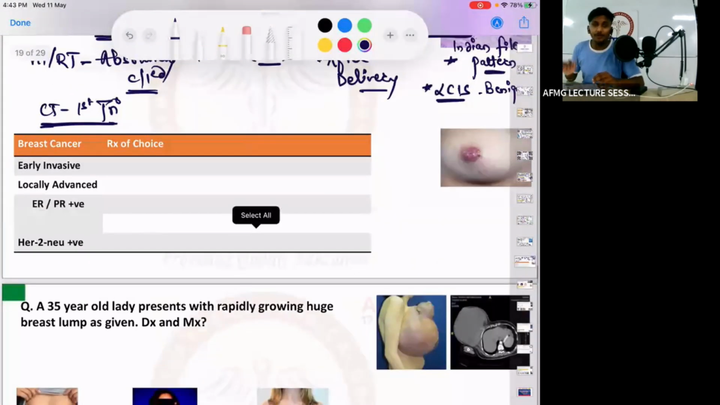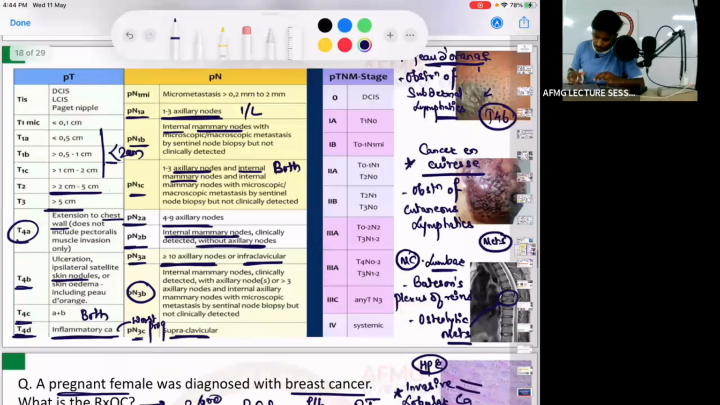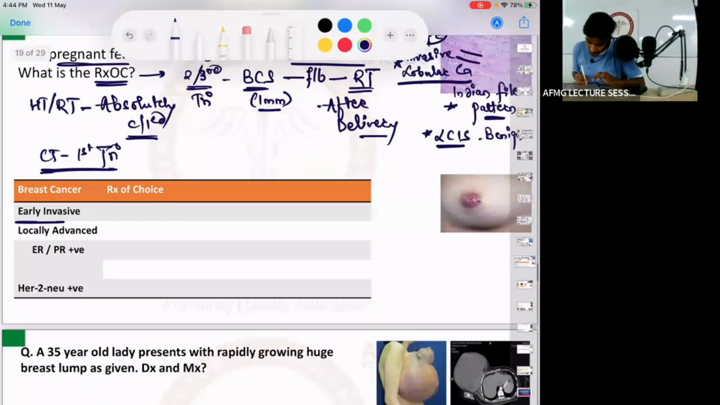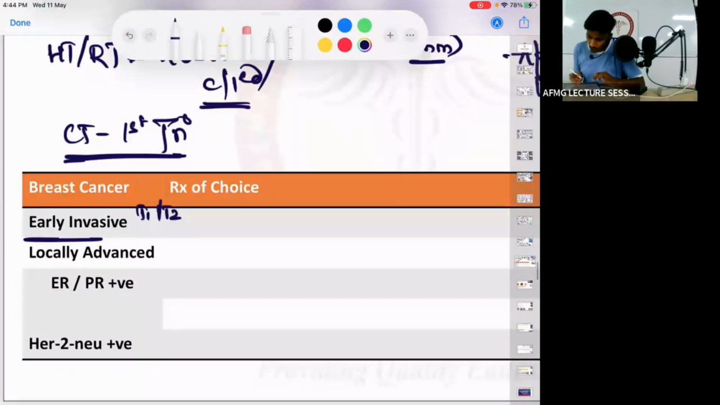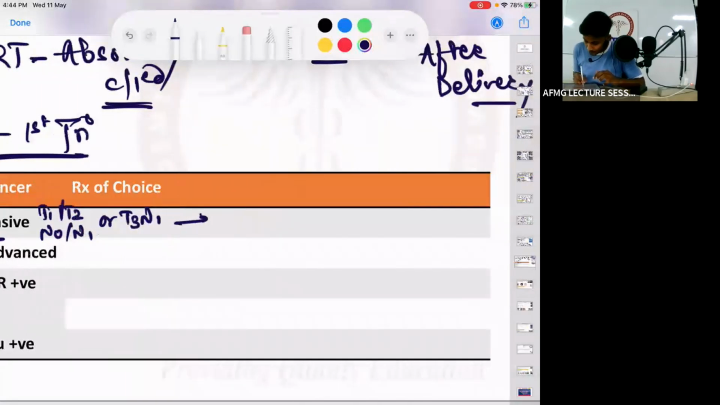Then if I talk about breast cancer, early invasive breast cancer कब बोलेंगे? Early invasive breast cancer means stage T1, T2, N0, N1, और फिर T3, N1. This can be counted as early invasive cancer. And what is the treatment of choice in early invasive cancer? Anybody? So the treatment of choice would be